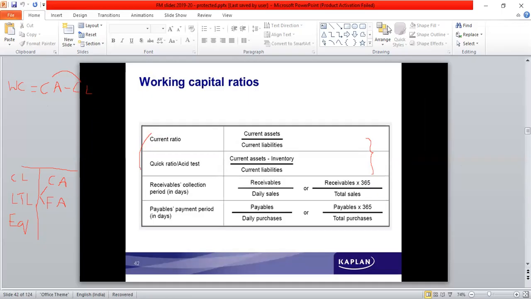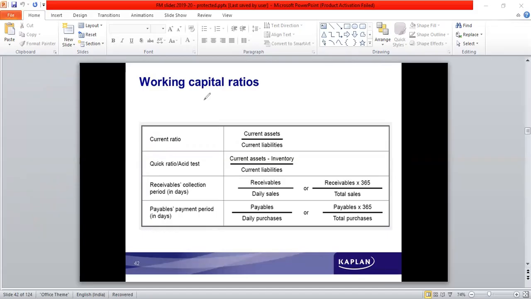There are a few ratios which we need to look into. Exclusively they may not be tested here in the examination, because these ratios, which are liquidity ratios, are tested in management accounting. Later on they are also tested in performance management. So the chance that an exclusive case or question comes on working capital ratio is low, but it can be part of another question, or MCQs can be tested in terms of what these ratios are.